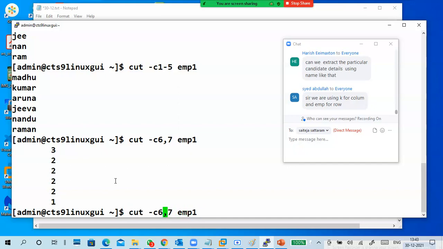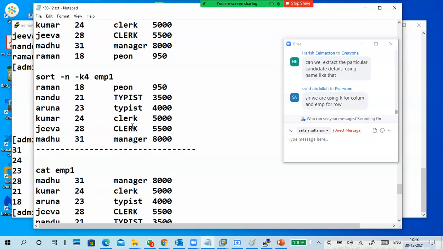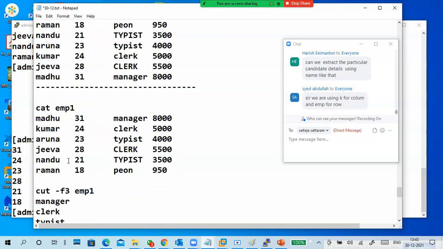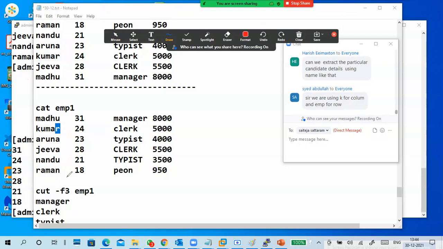That is 5, 6 is not there, just 7 and 8. So 6 is the empty one, so 7 and 8, you can see here. One second, I have a pen. I forgot because this is Zoom. So this is 5, this is 6, this is 7, and this is 8. Okay, so that's it.